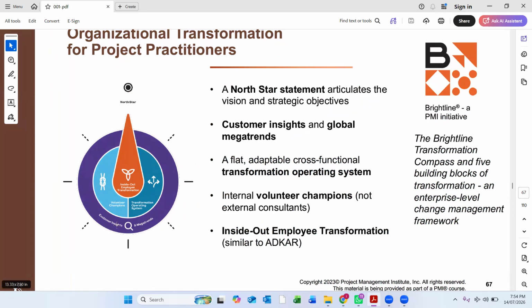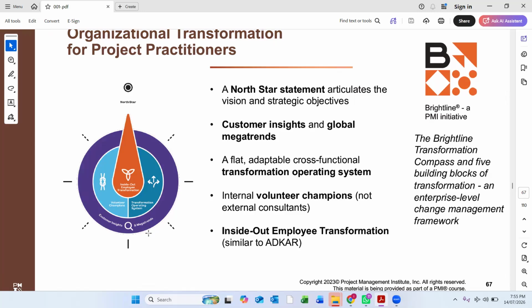This is customer insights and what are the mega trends in the globe. Then we have transformation and operating system here also. And this is volunteer campaigns which we are running, which we talk about. So we should be looking at the North Star,